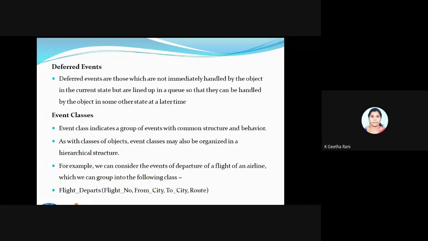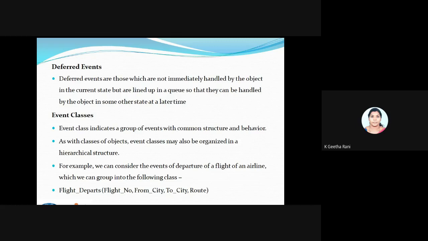Fine. And we have one more event. It's called deferred events. It's nothing but, I'm not going to handle this event immediately, but I'll be having a queue for it. Later I'll be handling that event. That is called deferred events. Fine. We'll be drawing this diagram, so at that time we'll be clear about these terms. Okay, now have a point. So these are the types we are going to have in it.